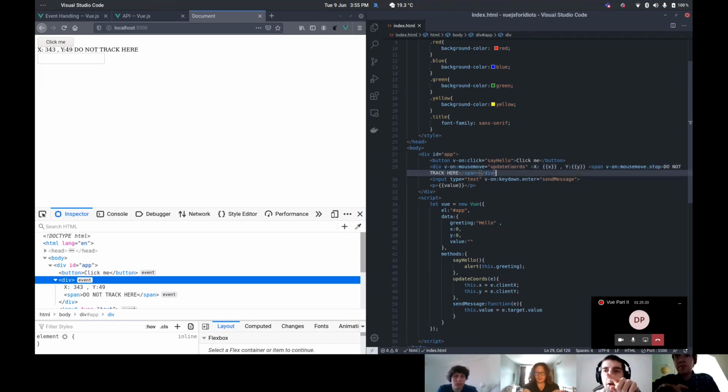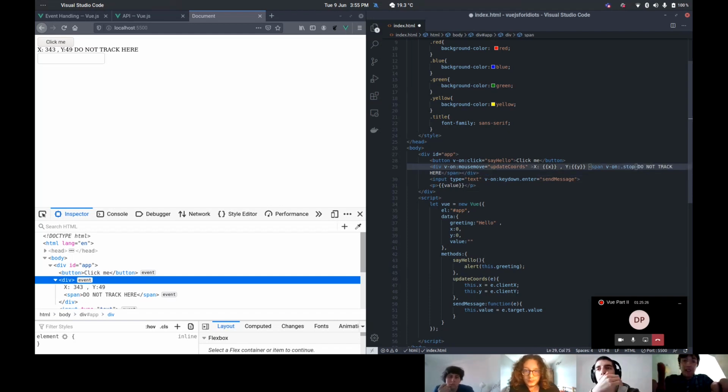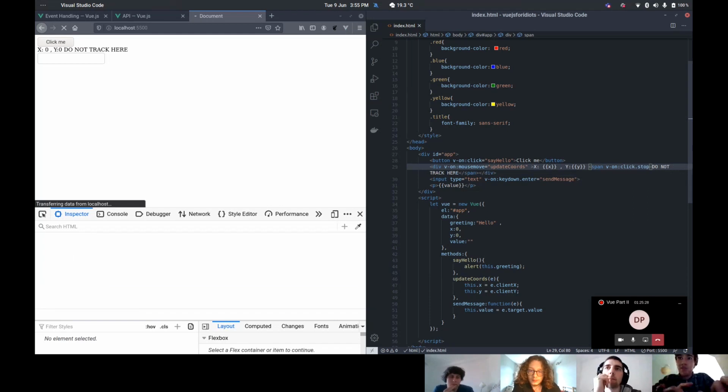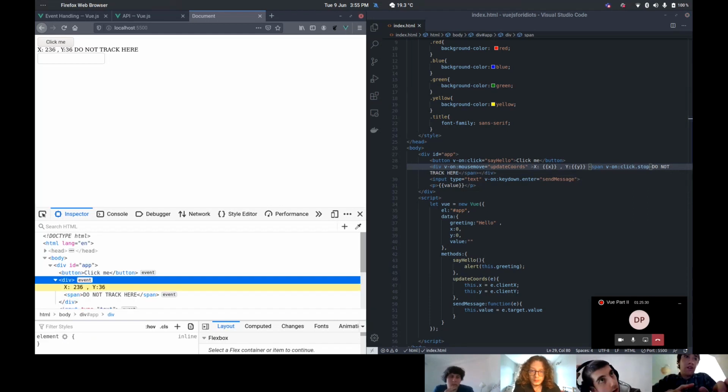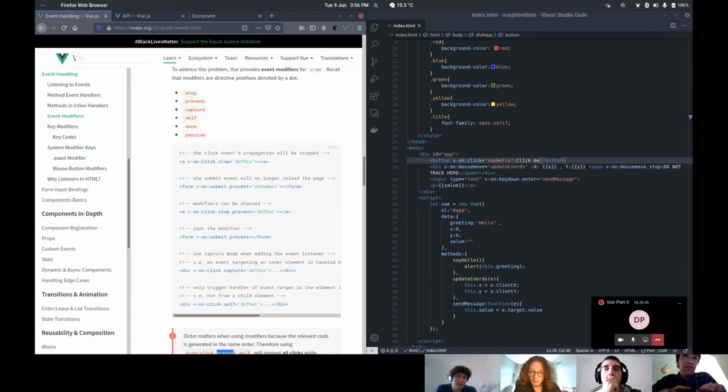But for example, if we change mouse move to some other event, that won't work. If I change this to click, it'll still work like normal. There's also another one called prevent. You see here there's this submit, and in this example they've done dot prevent. Prevent is another common one, and what prevent does is